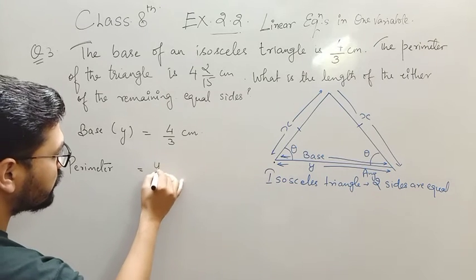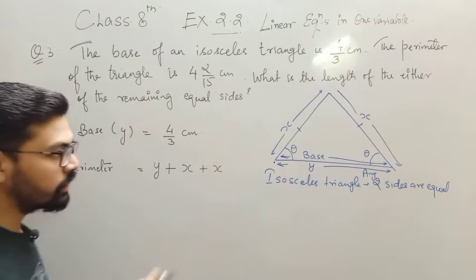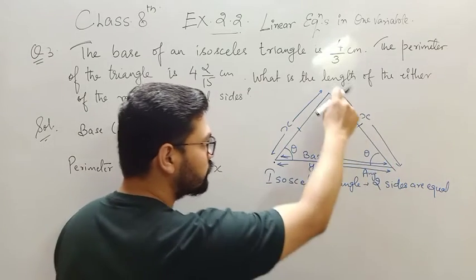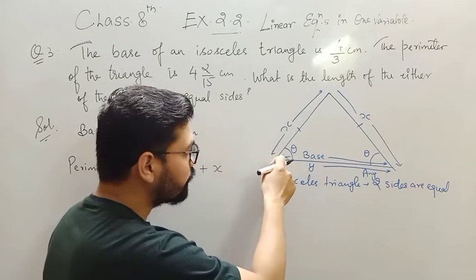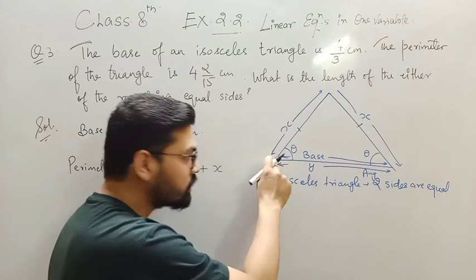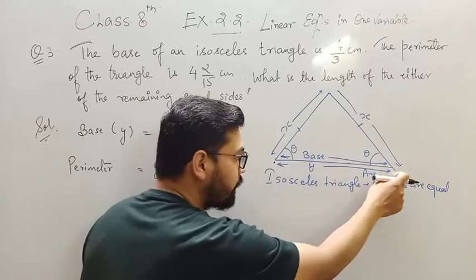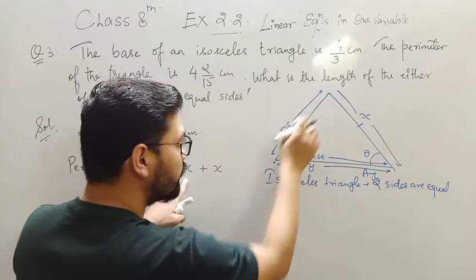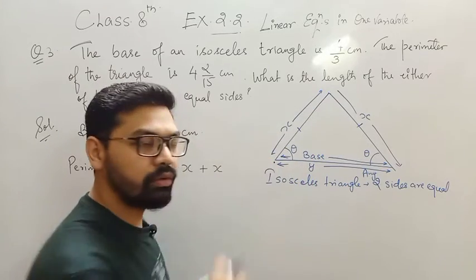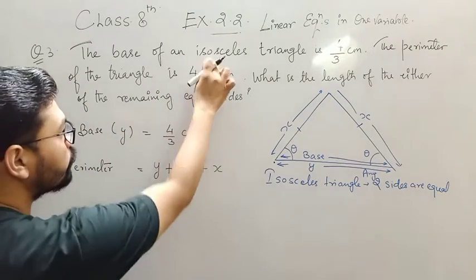You will say y plus x plus x, or you can say the boundary. Perimeter is nothing but the boundary of this triangle. So the total length is y, then you travel x, then you again travel x, and you return to the original position, right? Now the perimeter is given, 4 2 by 15,